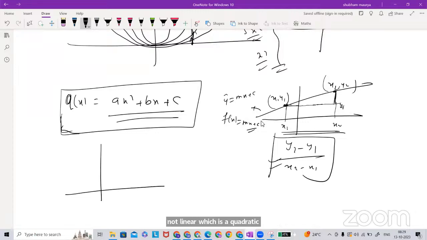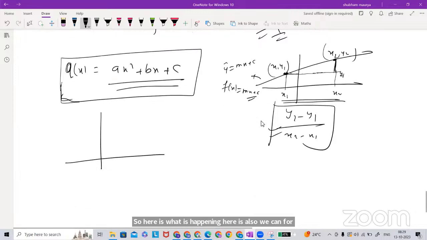For the linear function, the concept is that you are taking the y value differences and then the x value differences. Here too, for any function we can think of the slope. That is the general concept: for any function we can think of the slope. So the slope for the quadratic is actually